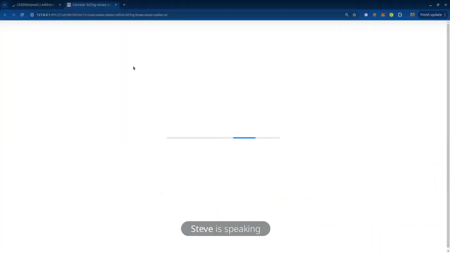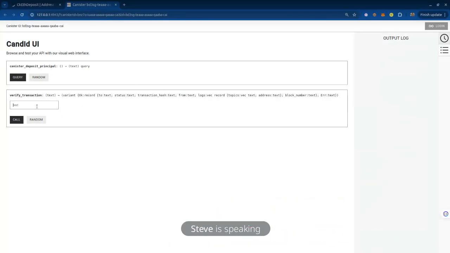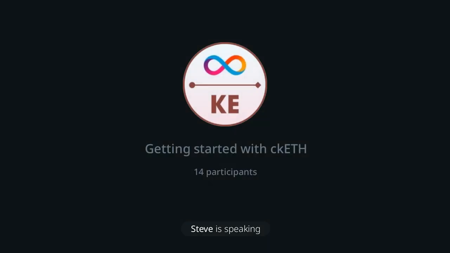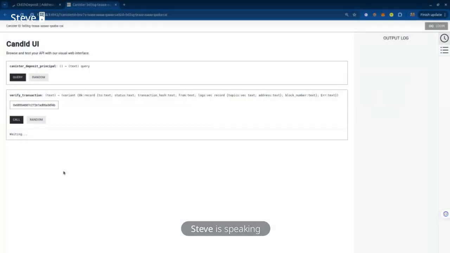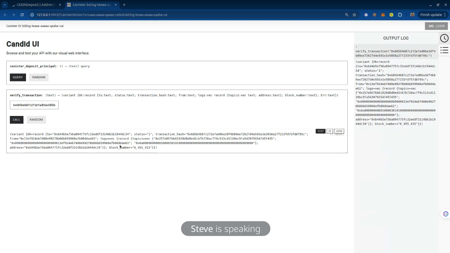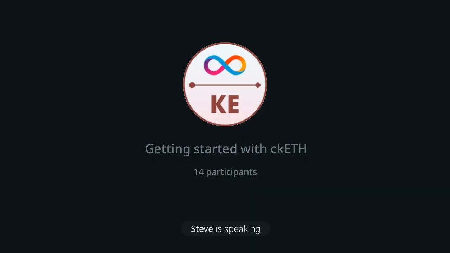So it's loading. Then I'll come and put the transaction hash and just call it. And we're crossing our fingers, just hoping it works, because sometimes it tends to fail. Yeah, it actually works. So as you can see, it has returned the transaction log for this particular transaction, and